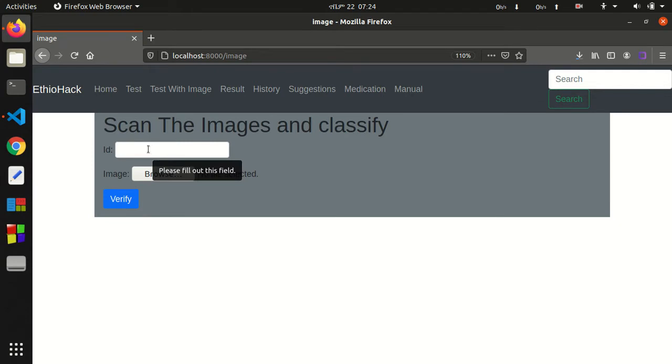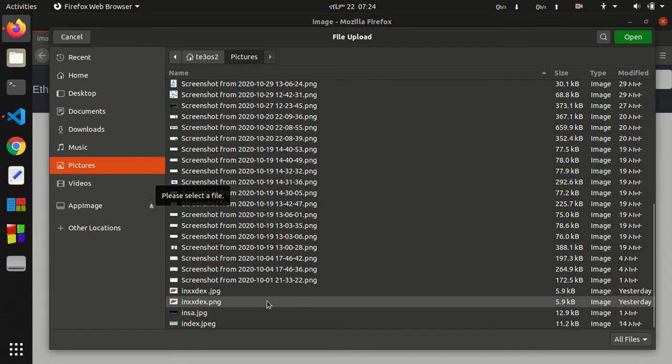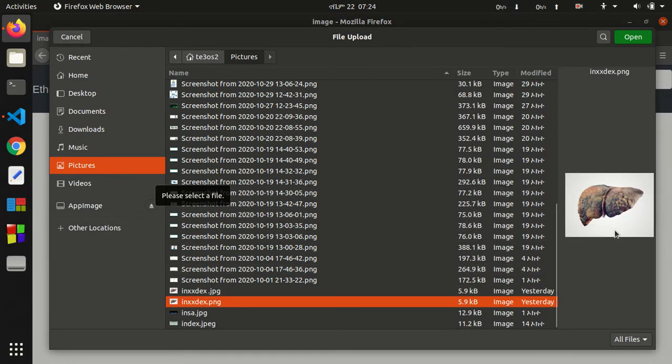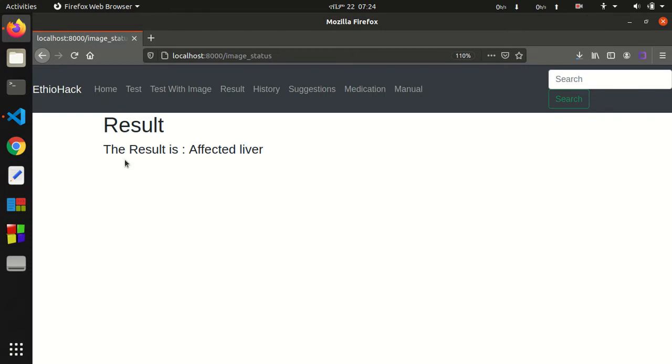The second feature of this project is all about the image scanning. We can scan the image and it can process it, and classify whether the liver is affected or clean. First of all, let's give it a four ID. Let's browse to our liver image. We have a liver image here. As you can see, it is a very affected liver. So let's see. When we click verify, the result is